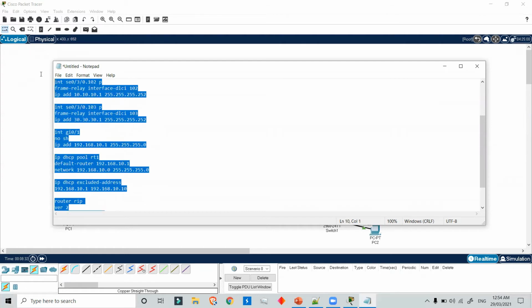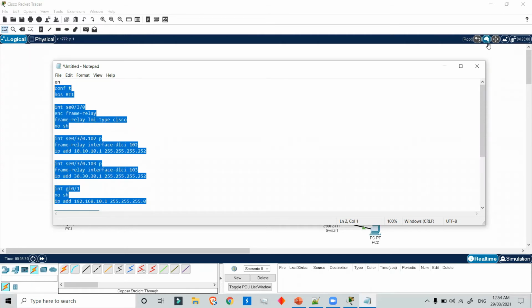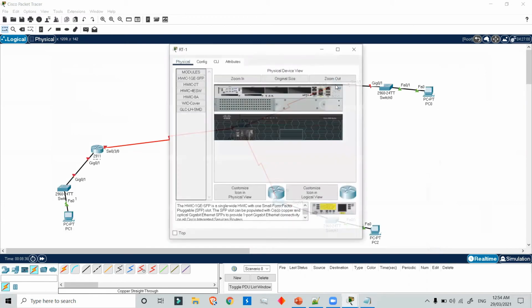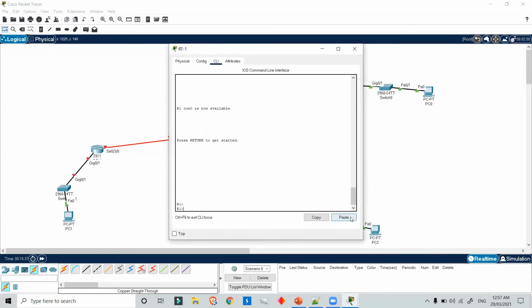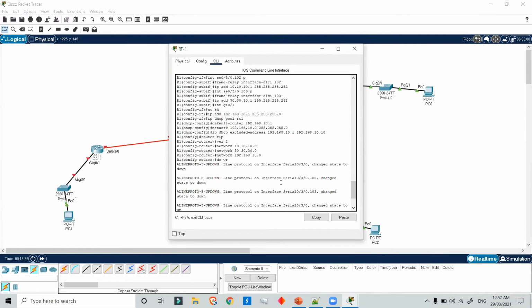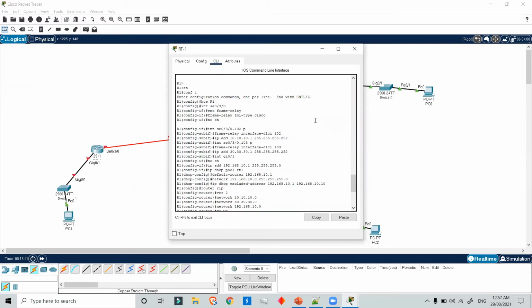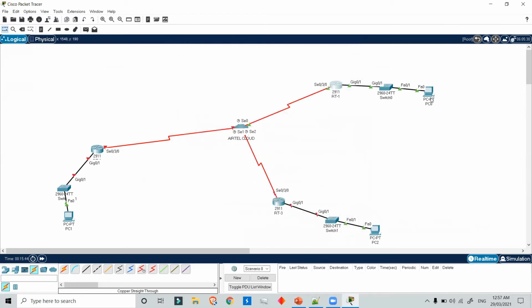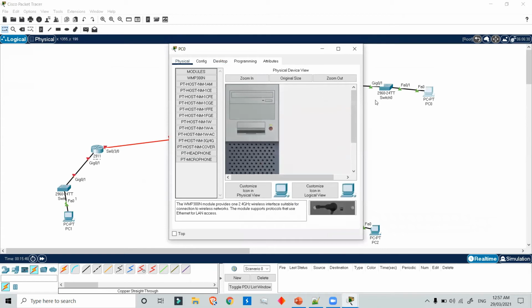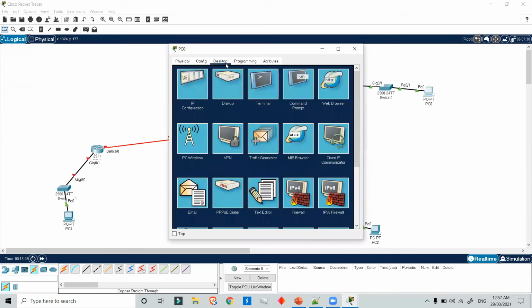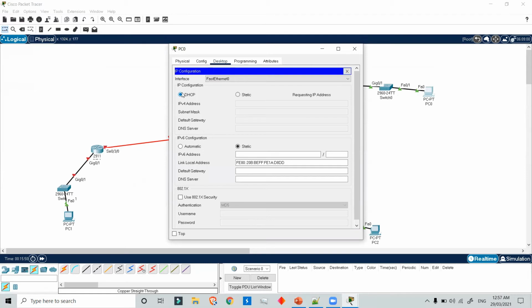Now let's implement it and see if it is working or not. We'll copy this and go to router 1 and paste. As you can see, there is no error in the code and router 1 is configured. Now let's test the DHCP of the router. We'll go to PC0 and click on Desktop, IP Configuration and DHCP. So we are requesting the DHCP and the request is successful. And as I told earlier, the IP would be given as 192.168.10.11. So now my friend Manish will continue from here.